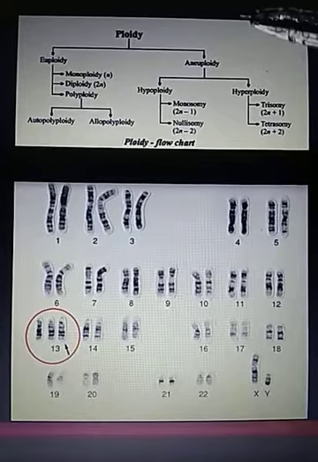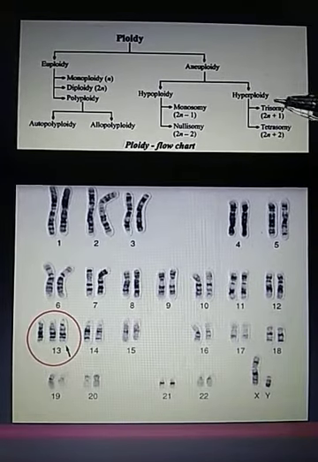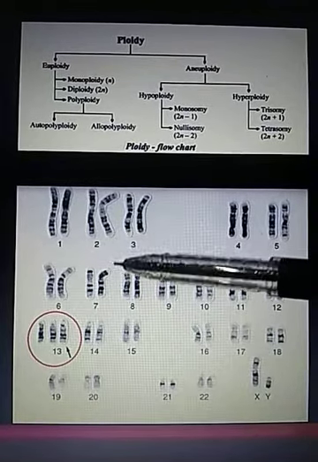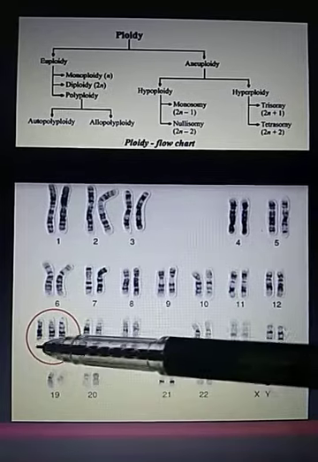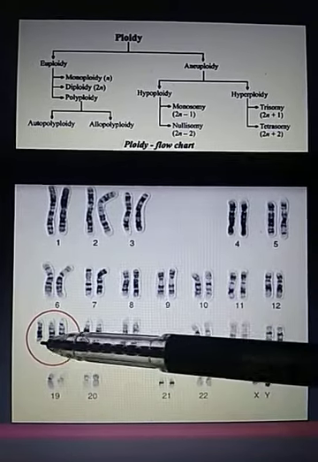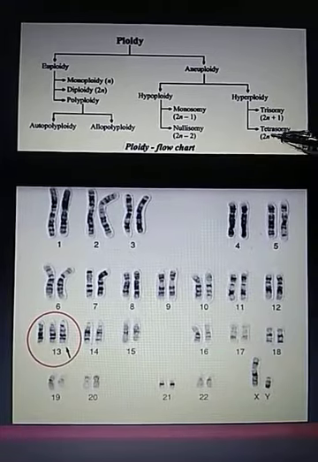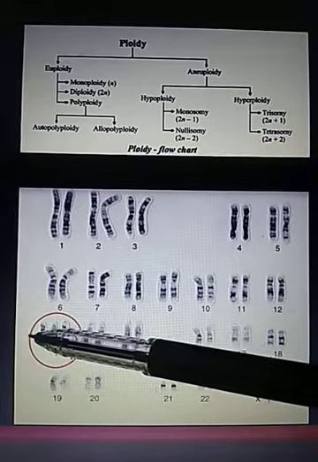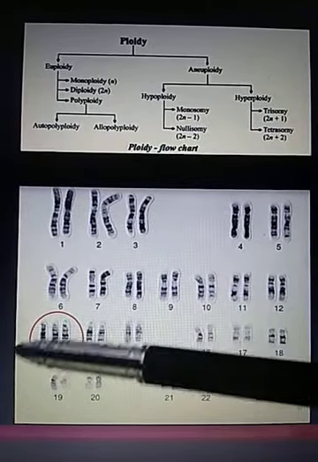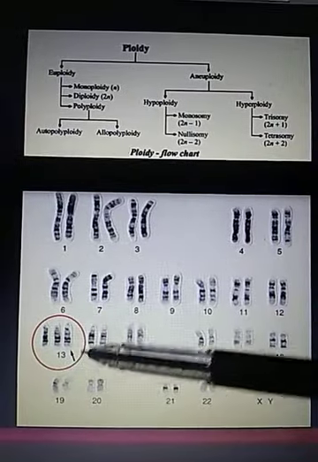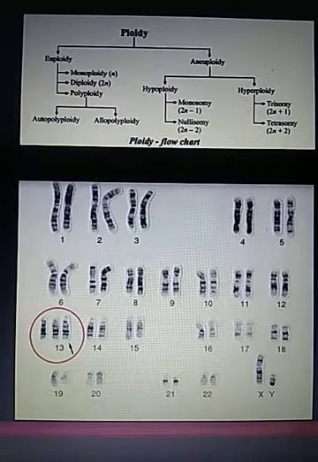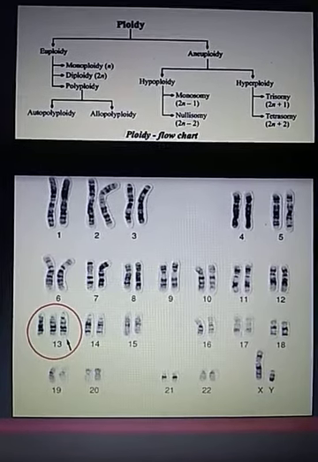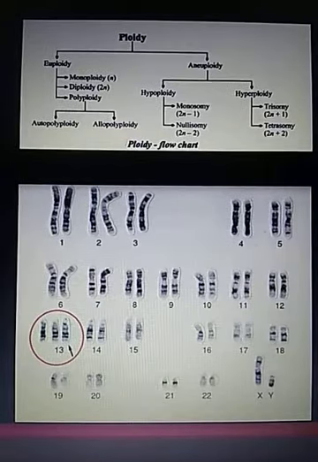Yet another type of aneuploidy is trisomy and tetrasomy. In trisomy, what happens? There is an increase in the chromosome number. For example, in chromosome number 13, see, there is an increase in one of the homologues. So this is an example of trisomy. In tetrasomy, you can consider that one more copy of this one takes place. This is the condition known as tetrasomy. So aneuploidy is the condition in which the chromosome number differs from the wild type by a part of the chromosome set.